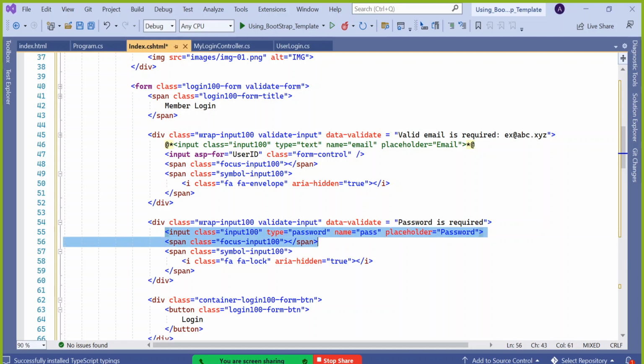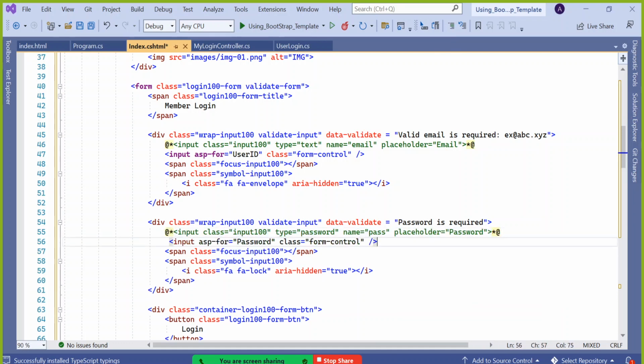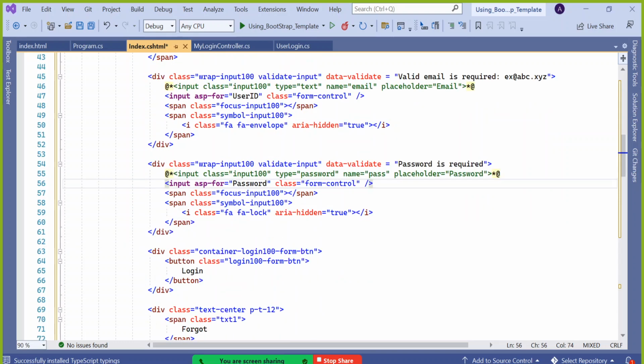password. Then you compare what style they have used and what style we have used. You can see here class equal to form-control. This is also a Bootstrap style. That is also a Bootstrap style when they are writing input 100. But this is a customized Bootstrap style and this is the default Bootstrap style. So we are not happy with the default styling, so we have to take the customized styling. That's it. That means if I take this and put it here,